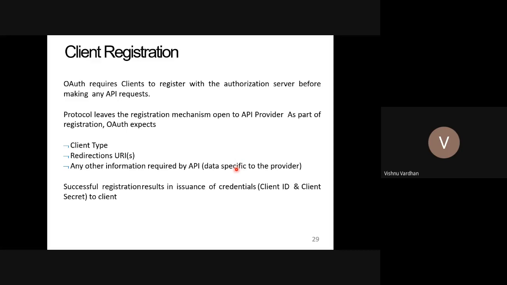Google Maps or some distance identifiers, first of all you have to register with the Google Map services. Then Google Map services will provide the client ID and client secret. Then your application will be using those credentials, so that you are getting the data from Google. That is the natural part of implementing, because google.com will not rely on anything until unless it is registered with them. So a similar thing we are doing in this client registration.